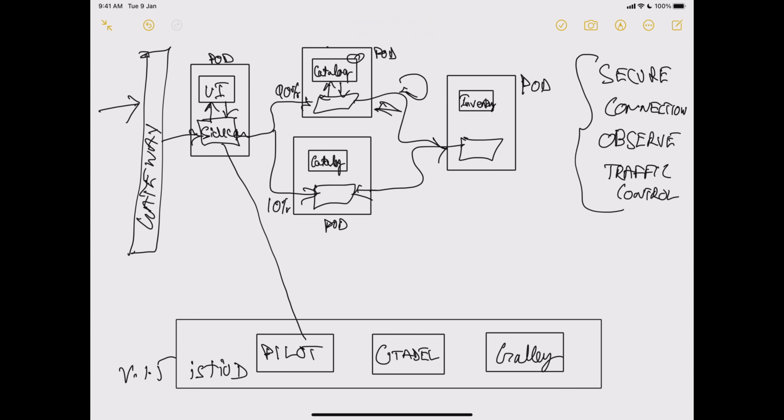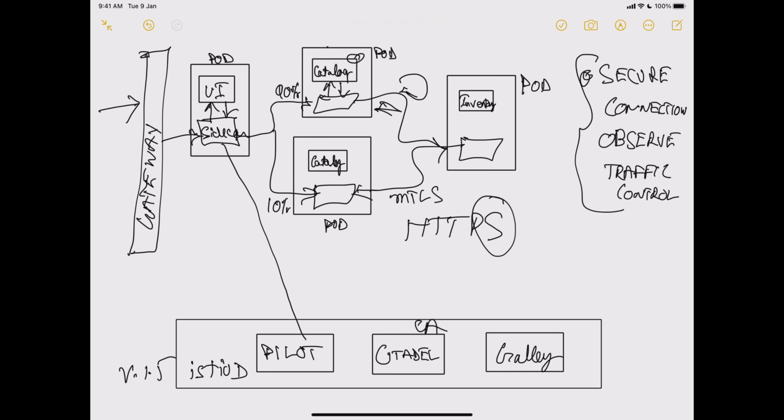Now there is another thing which we talked about, like how to make it secure. Citadel is a component, a CA which comes with Istio, and what it can do is create certificates and secure the communication between microservices. So each microservice, instead of talking over HTTP, can now start talking over HTTPS, because the certificate generation and the mutual handshakes, everything will be controlled by Citadel. So now the communication can happen over mTLS.